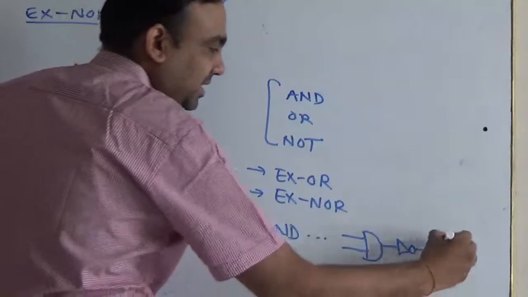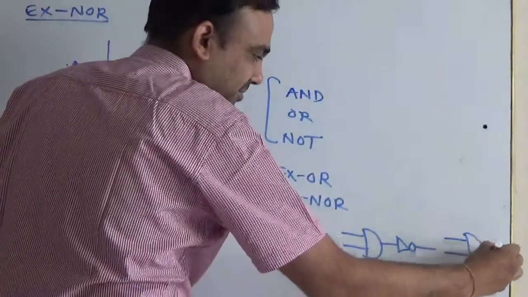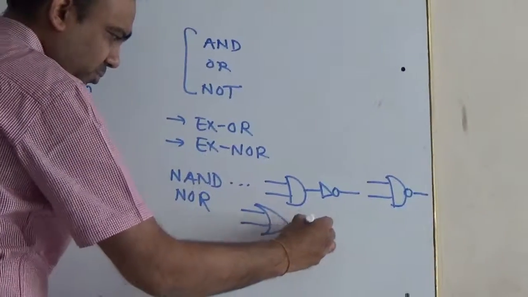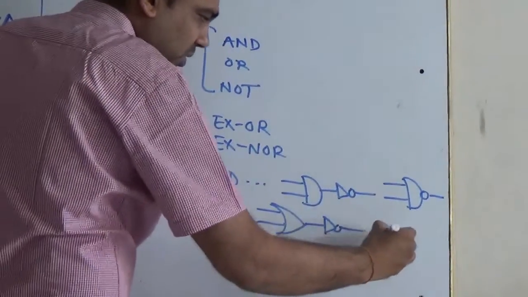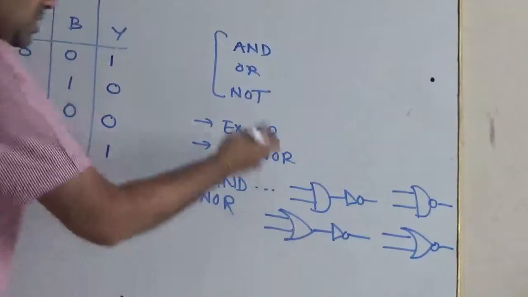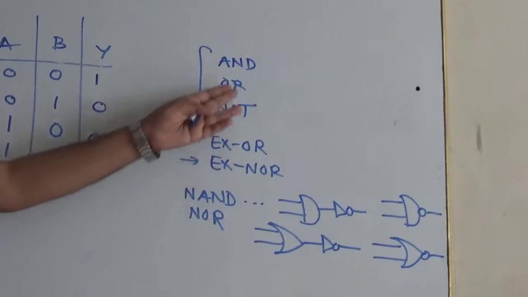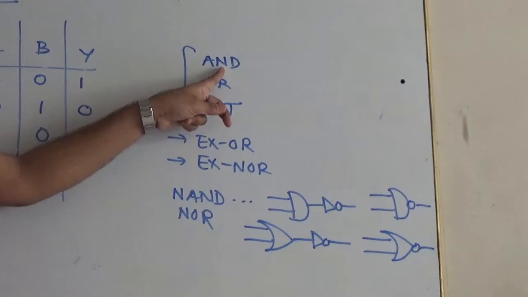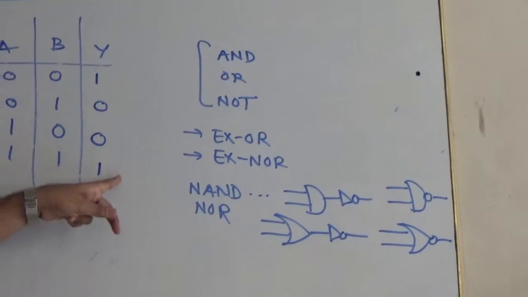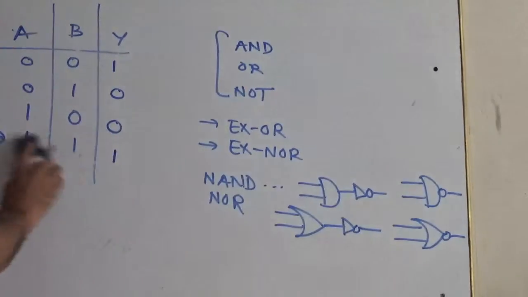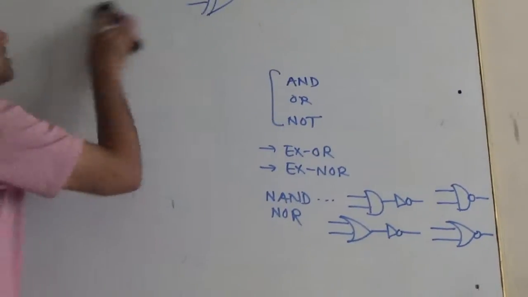So you can show it as an AND and a bubble here. What about the NOR? It is an OR gate followed by the NOT gate. So you can show a bubble here like this. So what will change in AND? Whatever the output in AND, if suppose the output Y is 0, you will get 1 at that place, and you can say bubble output. You can just show the truth tables.